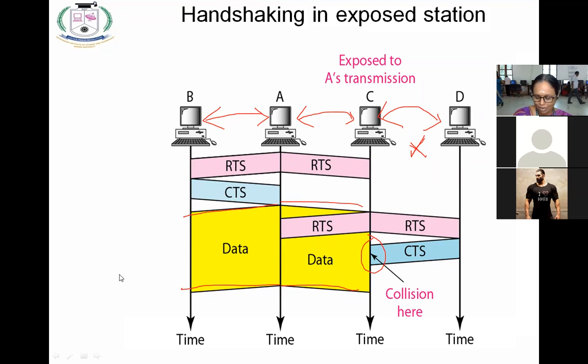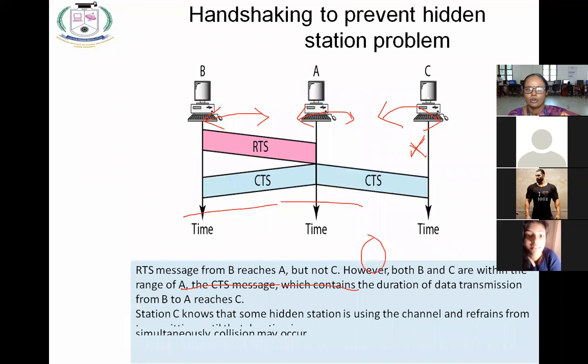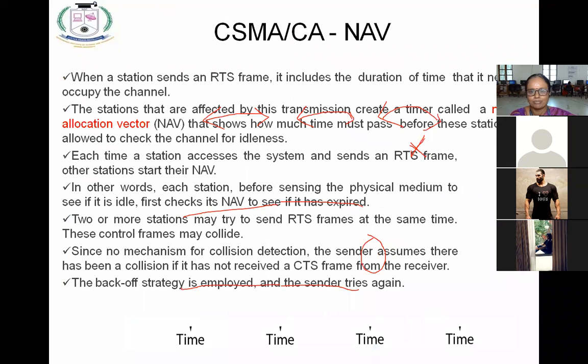Okay, we have two problems: one is the hidden station problem, and the next one is the exposed station problem. These two problems. Then we go with CSMA CA, where the network allocation vector will be done. Okay, now I will